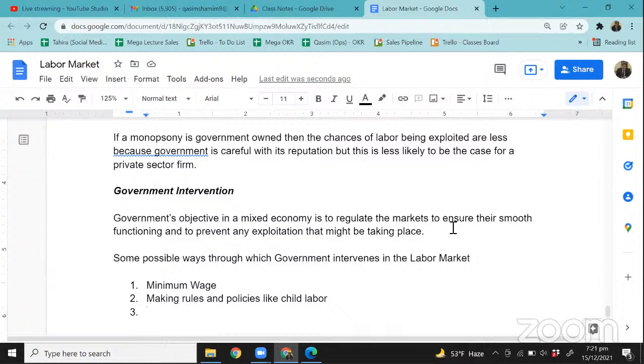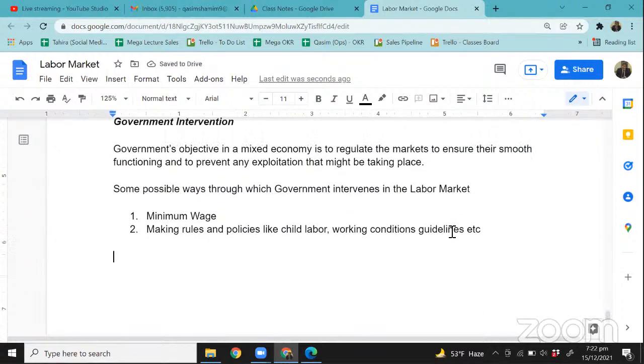And then other things that the government does is, you know, yeah. So these are the two main things that are coming to my mind right now, right? Another thing, yeah, sorry, how can I forget? But that would also be part of rules and policies, right? Working conditions guidelines, right? Okay, now this being said, we'll move on and look at how government interventions will affect the labor